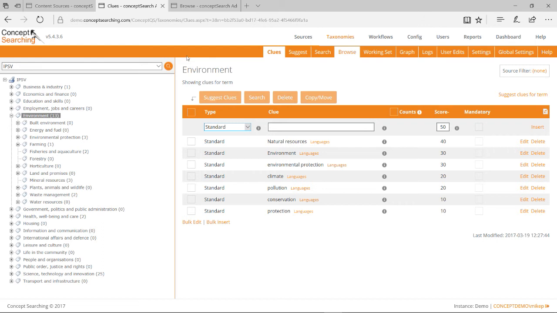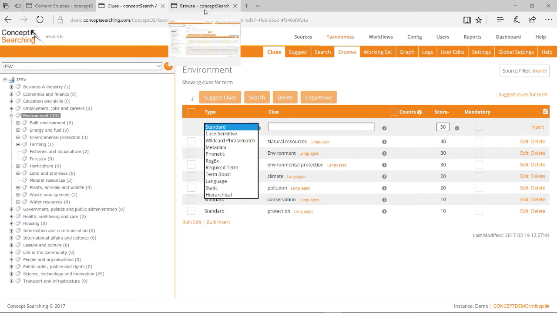But we don't have to use just natural vocabulary. We have a number of different options, including metadata rules, regular expressions, case-sensitive matching, as well as a number of others, so that we can absolutely align our taxonomy to our business needs. But the ultimate goal through all of this and all of the rules that we apply is getting that segmented set of data so that we can then analyze it.